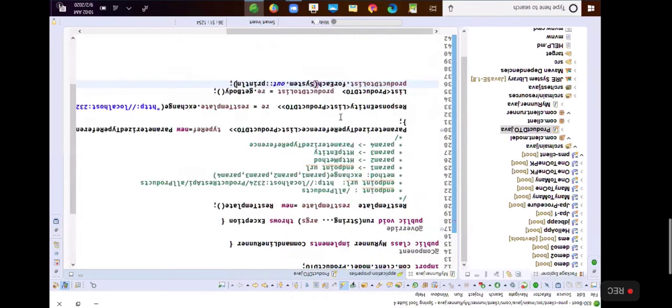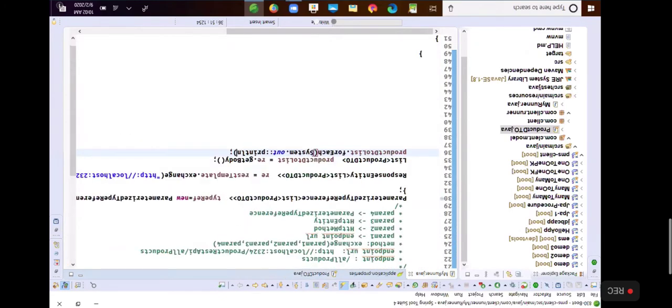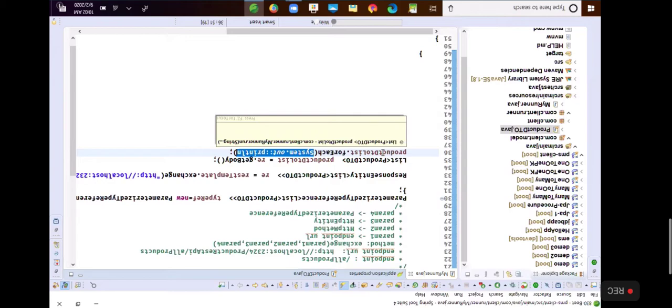Now this is going to print the current object. The current object of the product list is a product object, so it's going to print all product objects one by one. Okay, right.